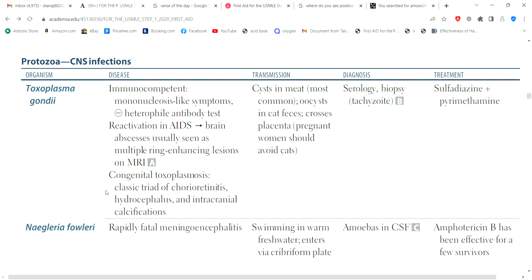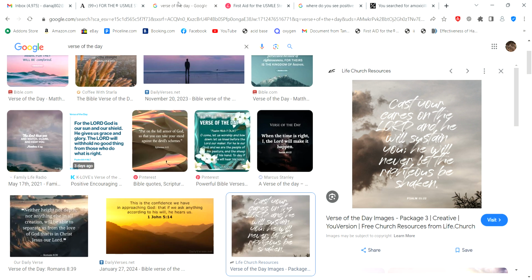Okay, so in a baby, you see chorioretinitis, hydrocephalus, and intracranial calcifications. The baby can get seizures and blindness and deafness. Okay, remember that. Intracranial calcifications. I remember seeing a question about those intracranial calcifications. The exam likes to talk about those intracranial calcifications, and chorioretinitis. That's just inflammation of the